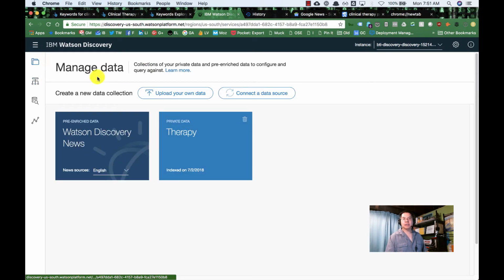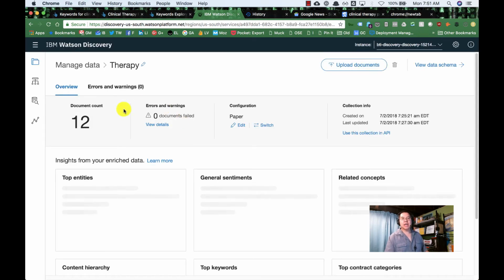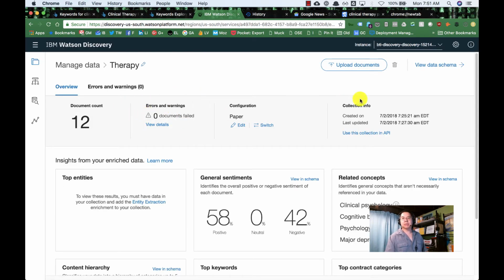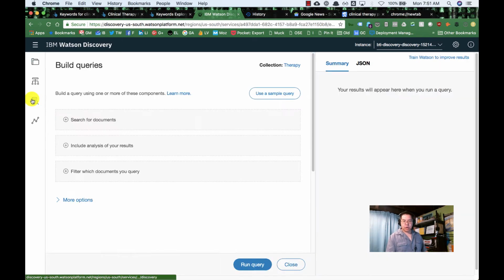Watson Discovery allows you to load these papers in as documents, and then it goes through and explores them and tries to understand what's happening inside the box. So you have sentiment, you have very specific terms, cognitive behavioral therapy, major depressive disorder. It can come up with hierarchy and keywords and stuff like that. Let's go ahead and query,